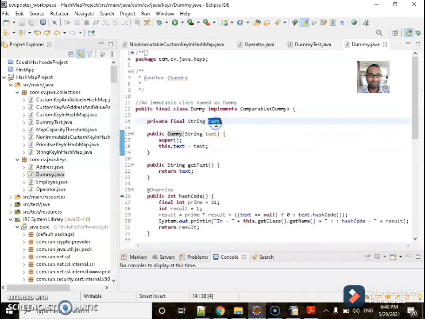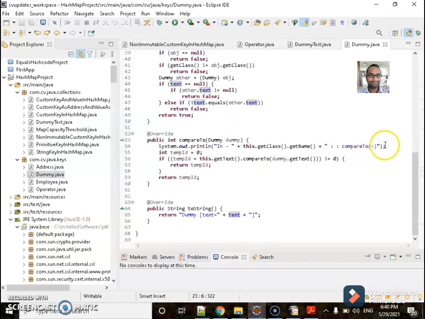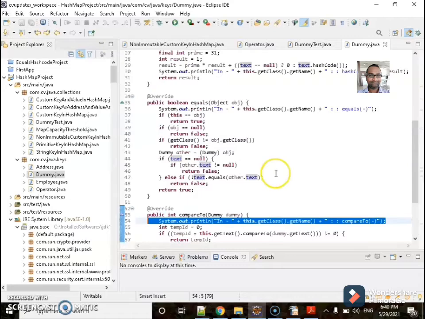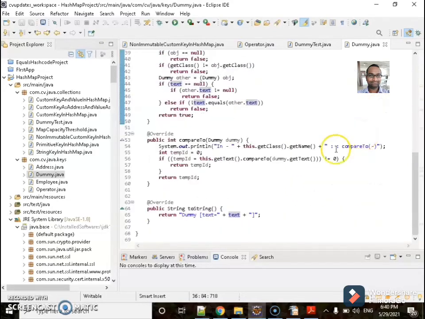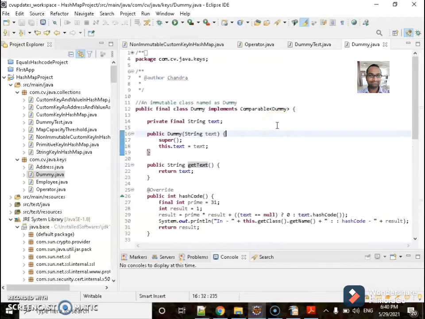I have taken a string inside my Dummy class because I have created a custom class to understand the importance of the compareTo method, equals method and the hashCode method. I have written a SOP statement for all these 3 methods and I have just created a getter method and a constructor to instantiate the Dummy object.